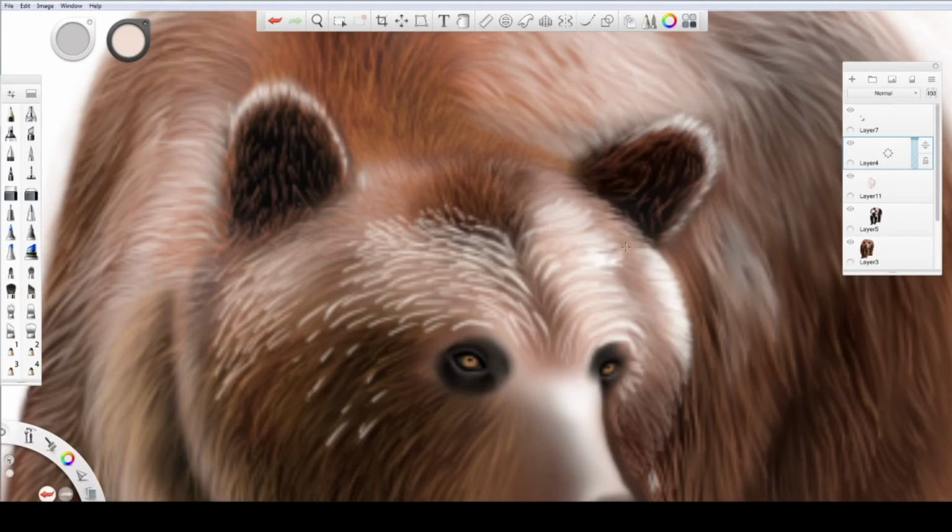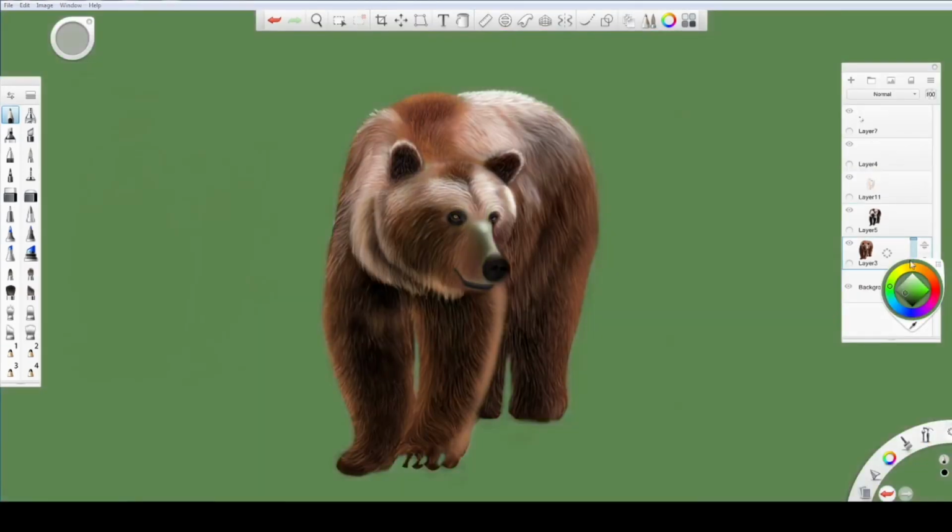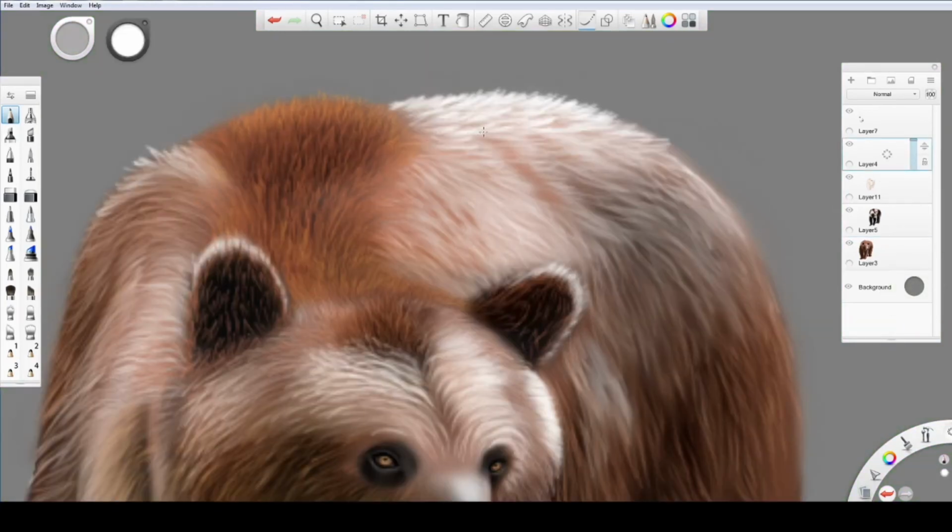Always try to use the latest version of Sketchbook Pro or Sketchbook, whichever you are using. There is a very slight difference between Sketchbook and Sketchbook Pro, so it really doesn't matter which one you are using. For now only changing the color of the background so that you can see the white hairs on the edges.